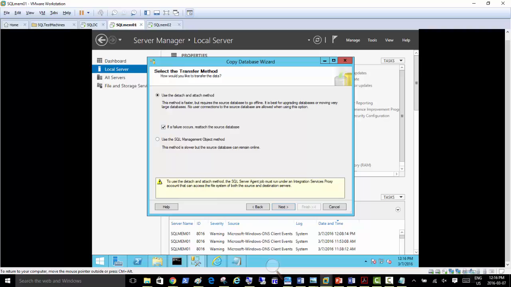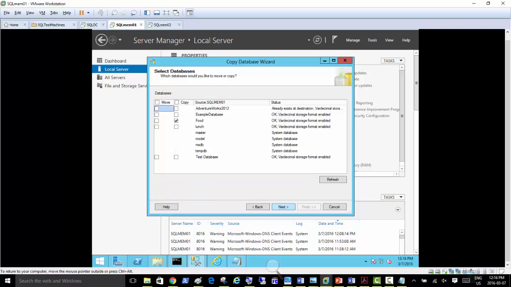We can attach detach, but I wanted to check if it goes across one server, right? We can always come back. So even if it's attach detach, it says it's faster, and we don't have user connectivity, so I'm just going to go ahead with clicking next here. Now it's asking which database do you want to copy. So I've just selected food database already, and it's small as well. Let's not go for AdventureWorks, which is big. So if it's food database, you want to copy or move. So if I click move, it unselects copy. That's what I wanted to check. Okay, if we just keep this option copy there.